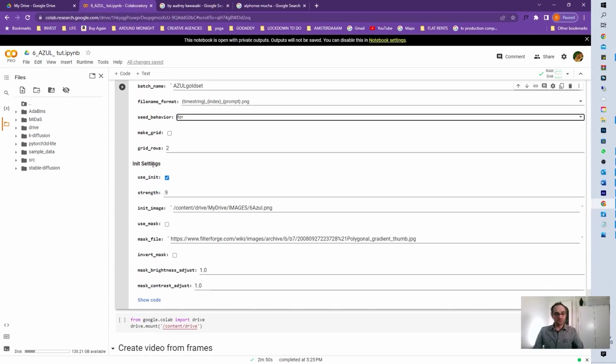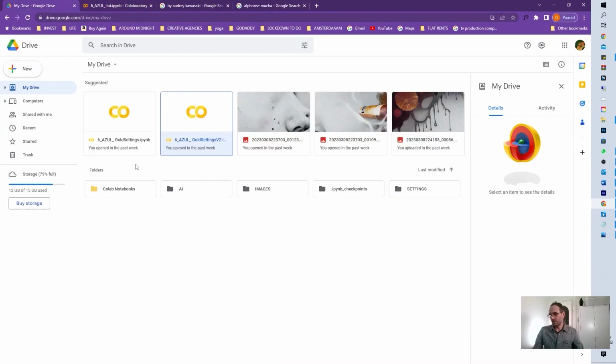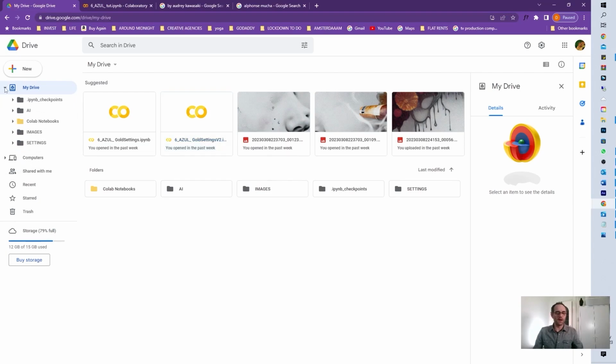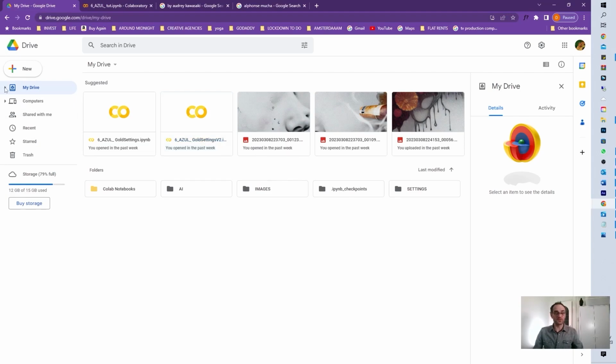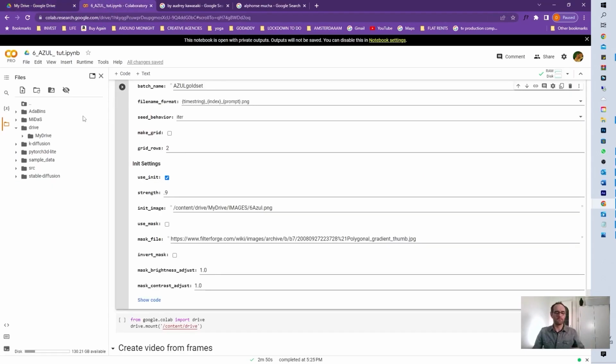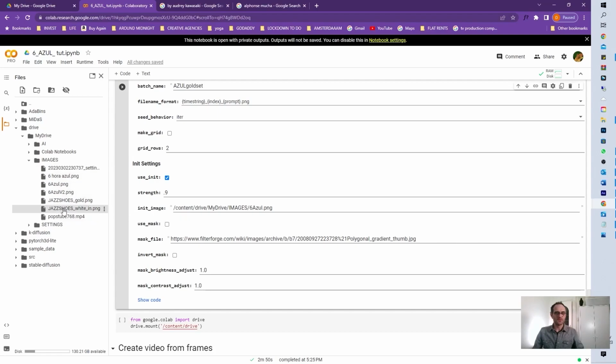Init settings, we are using an initial image. You have uploaded yours onto here and into your drive. I can see my drive. This is my Google Drive. It looks like this. It's just a drive, but it's kind of on steroids because it's part of the Colab thing, and you're connected to this massive render machine. Within my drive, I've got my images, and one of those images is